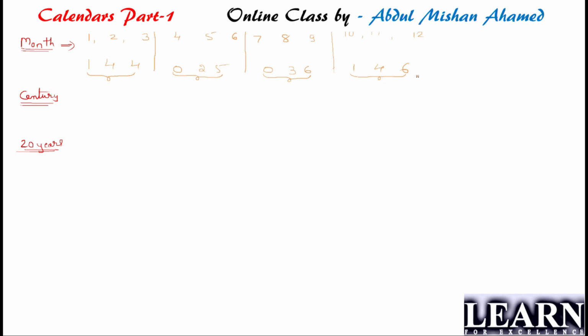So I can easily say June is 6, that we already know. July is 7, August is 8, and September is 9. So June is 6, I know 144, 025. Next is 036. So you can split this number in 3 parts, so that it will be helpful for us in tackling the answers. Getting it?